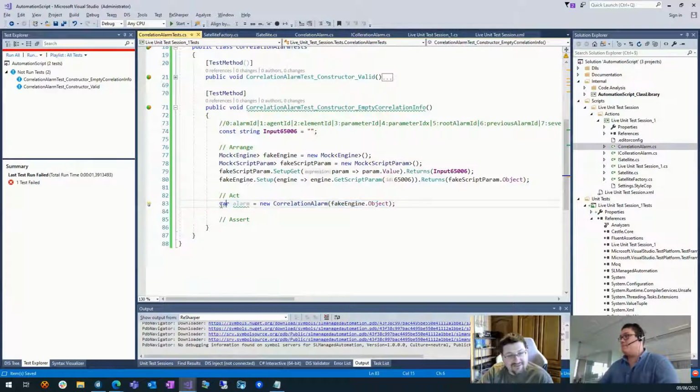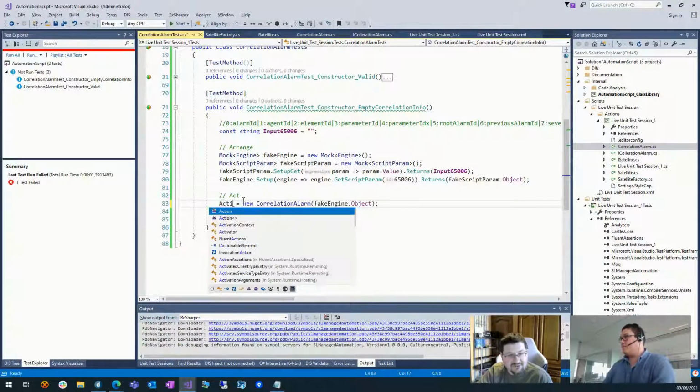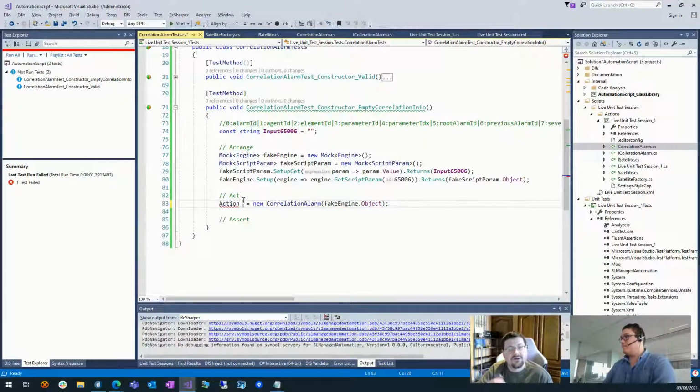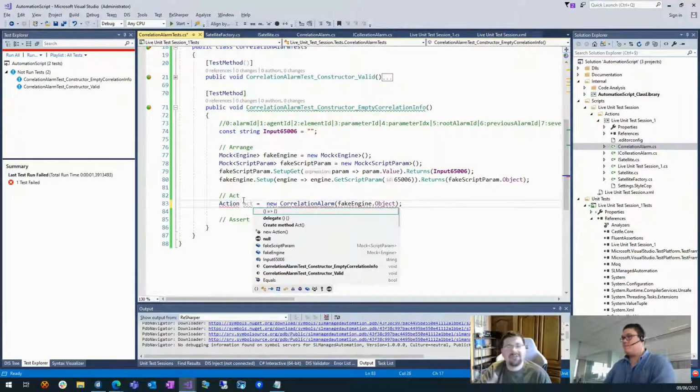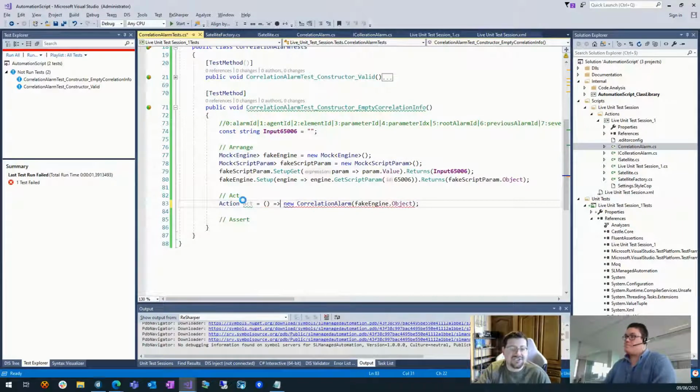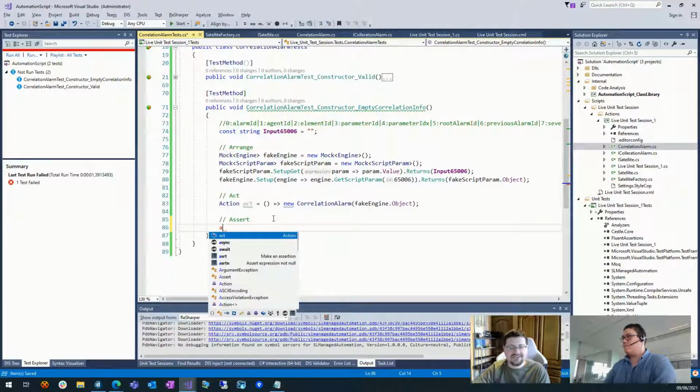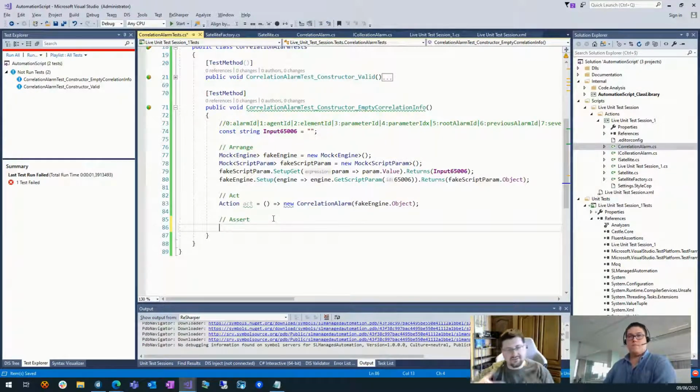So to avoid that, instead of actually creating the alarm variable, we're actually making a delegate here, pretty much, in action in C#. So we're creating a delegate that points to that method to create a correlation alarm. Once we have that, we actually have something that represents the creation or that code.